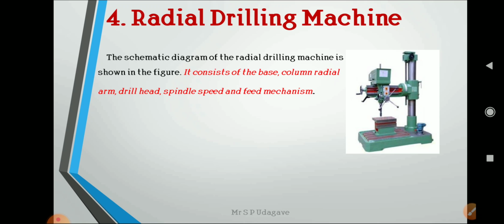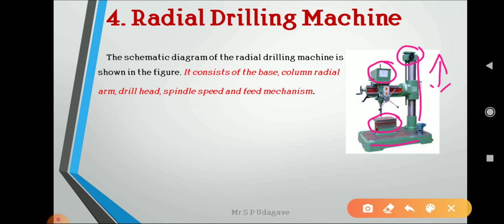So in this figure, the actual machine is shown, and the main parts: this is the base, and this is a column at one end, and this is a table on which we can hold the workpiece, and the motor is fitted on the drill head, which has an upright movement. It is provided on the radial arm, on which we can place the drill head, and a handle is provided for the working, and this will move 360 degrees as well as up and down. Also we can provide an angle to the drill bit.